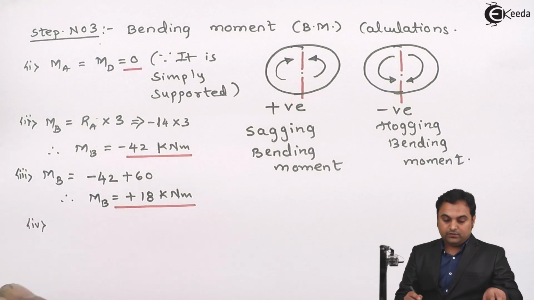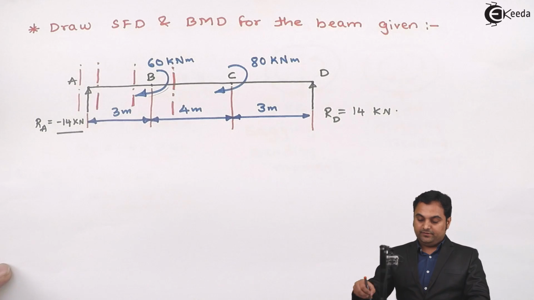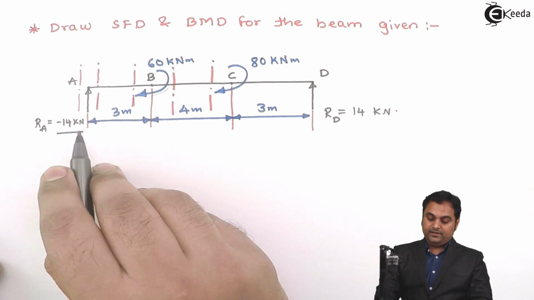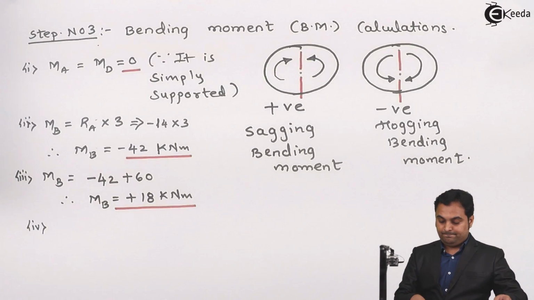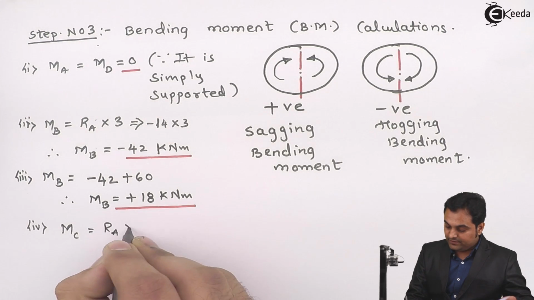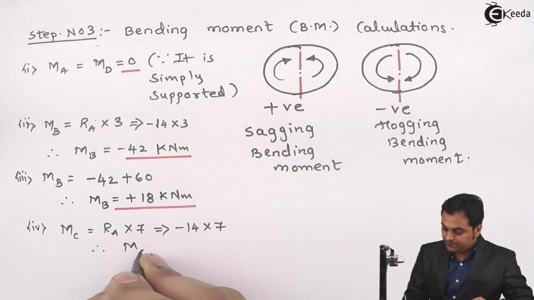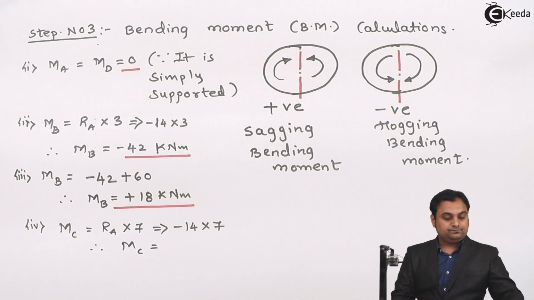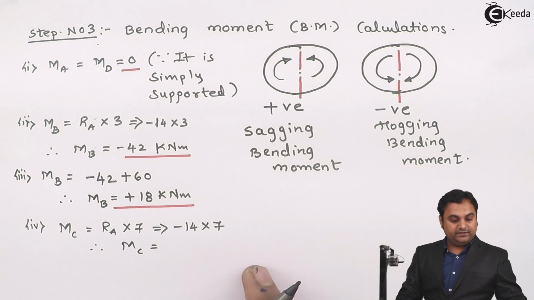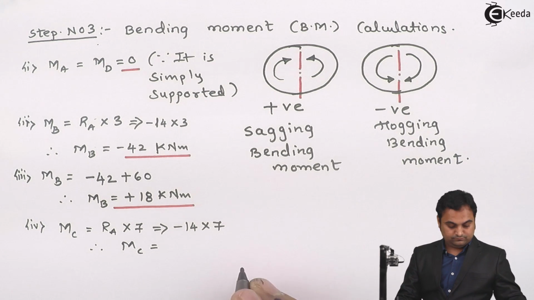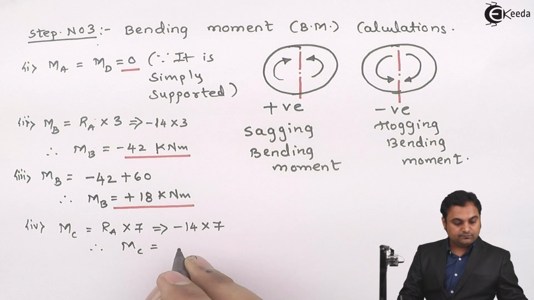So for moment at C, if we see here, at C also there is a couple acting, so there will be two values of bending moment. First, when I take the section to the left, there will be RA into 7 and it is producing clockwise moment, so positive to the left. RA into 7, which is equal to, RA is minus 14 into 7. So therefore moment at C comes out to be